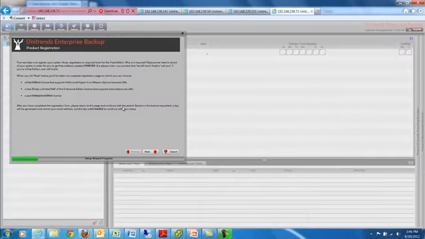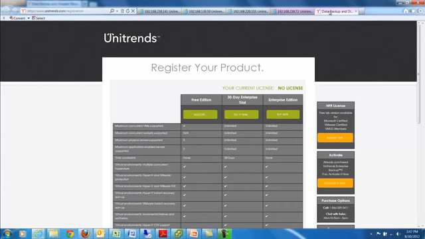The next step is product registration. Although we recommend registering your system immediately, you do not need to register your product before completing the setup wizard steps. You have 5 days in which to register and license your system. When you click Next in the wizard, the product registration page opens in a new browser tab, and from here you would select to register for a free edition product that supports protection of up to 4 virtual machines,